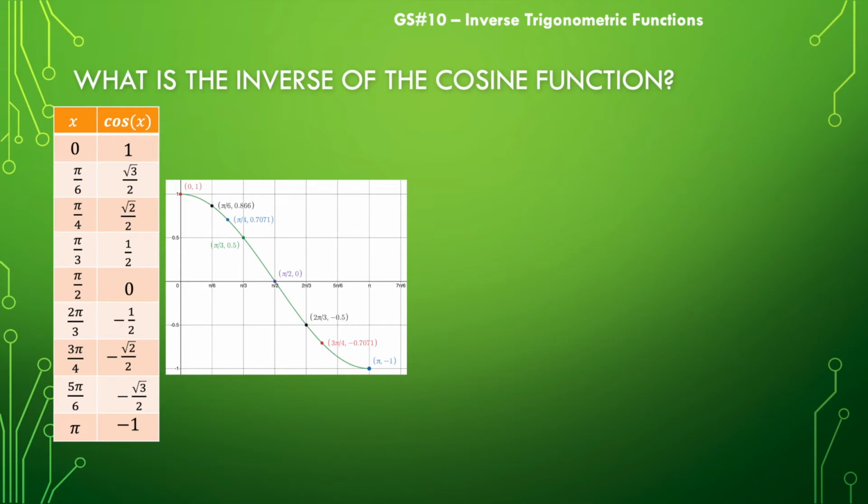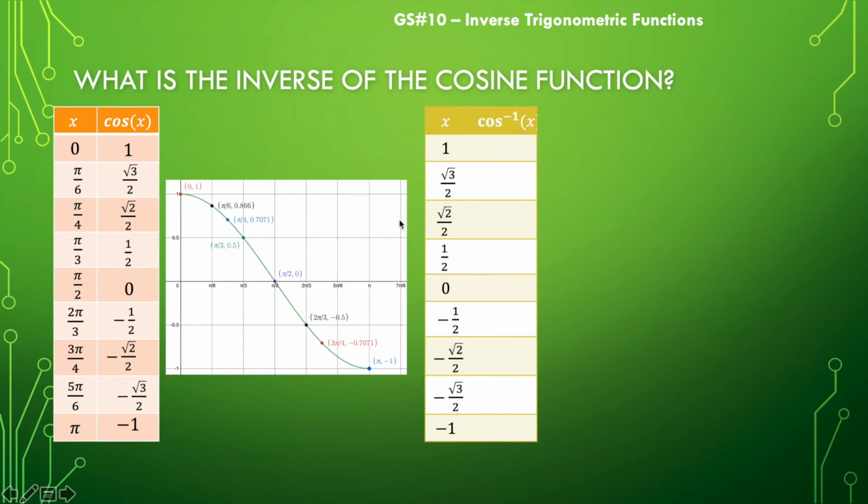Remember what we're going to do with that: we are going to take our outputs and make them our new inputs for our inverse function. Our outputs here will be what was our input in our original y equals cosine x function. So we're going to fill in our table there